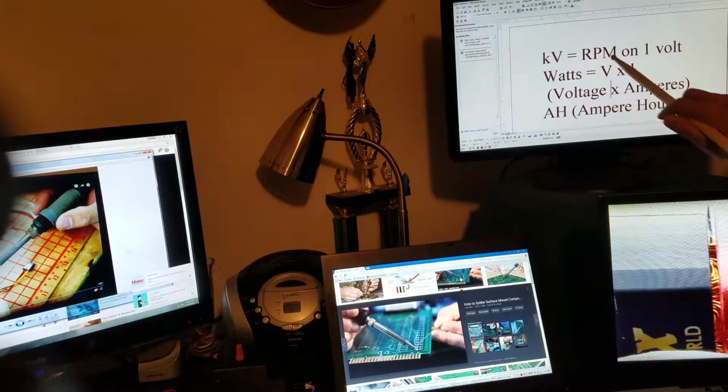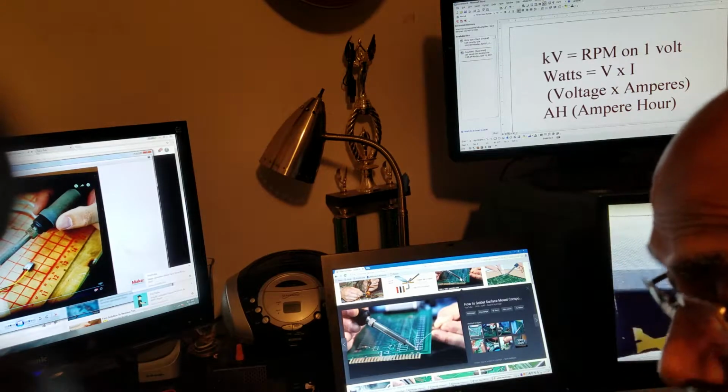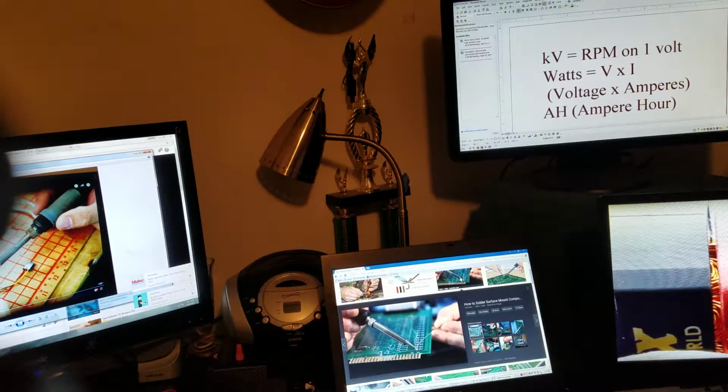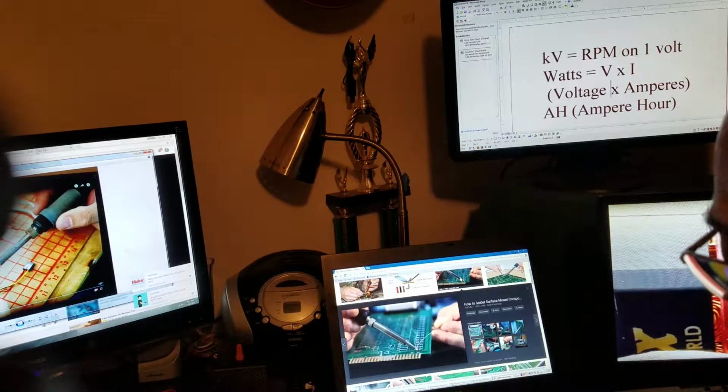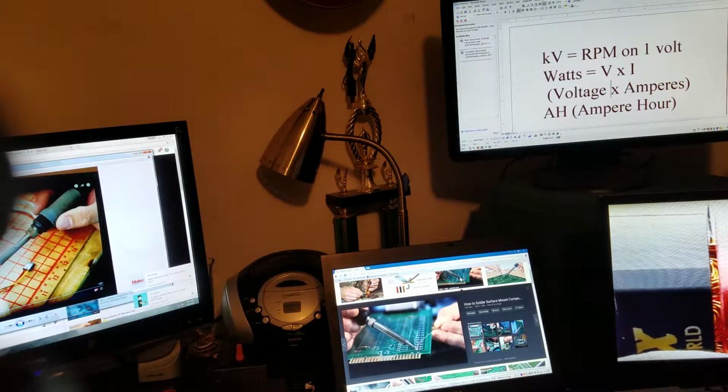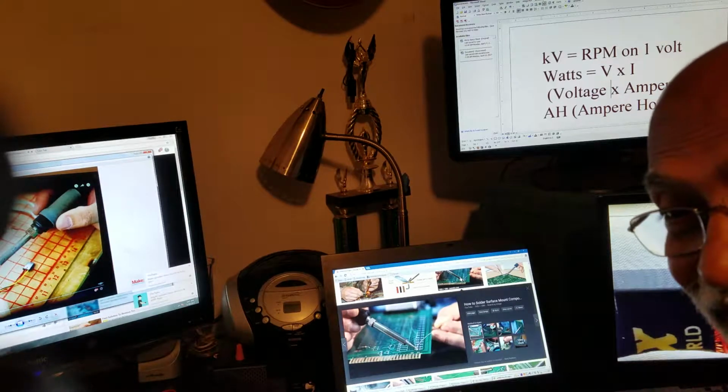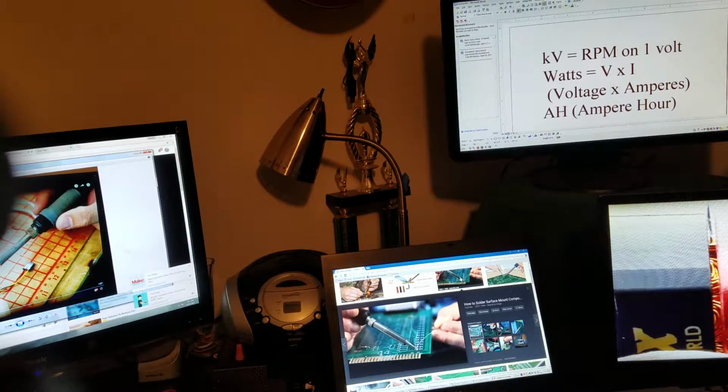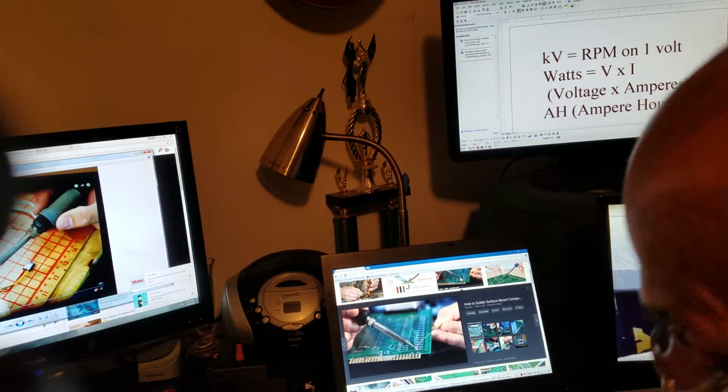It shows kV is equal to RPM per 1 volt. Now kV you might have seen close by high tension towers, in other words, where nobody should go anywhere near unless they want to become charcoal instantaneously. Or should I say that kind of nasty jokes? I'm a teacher, right? But anyway,